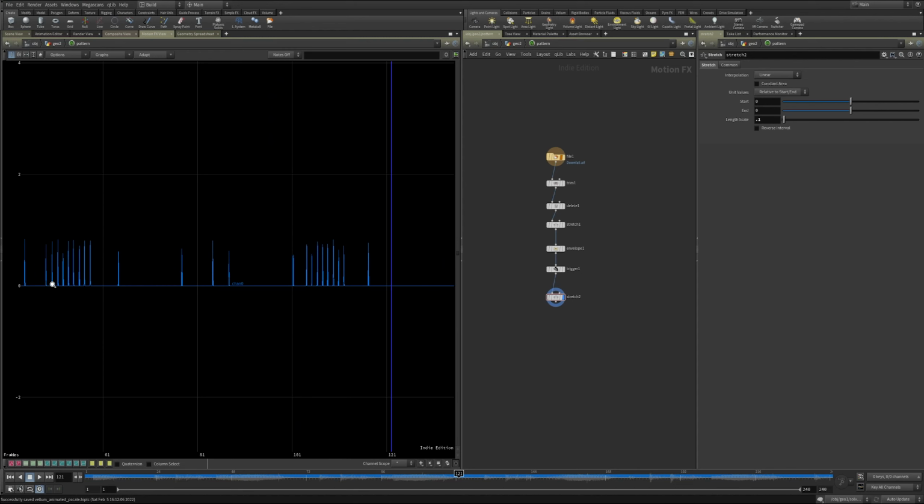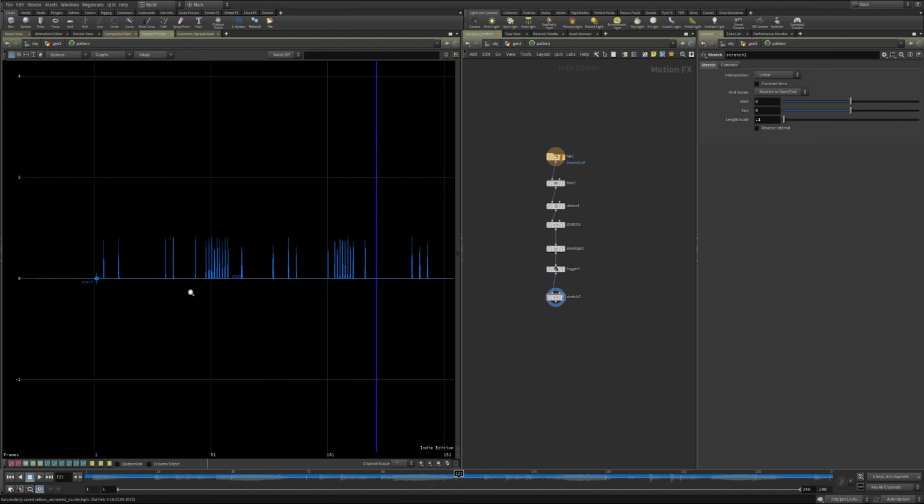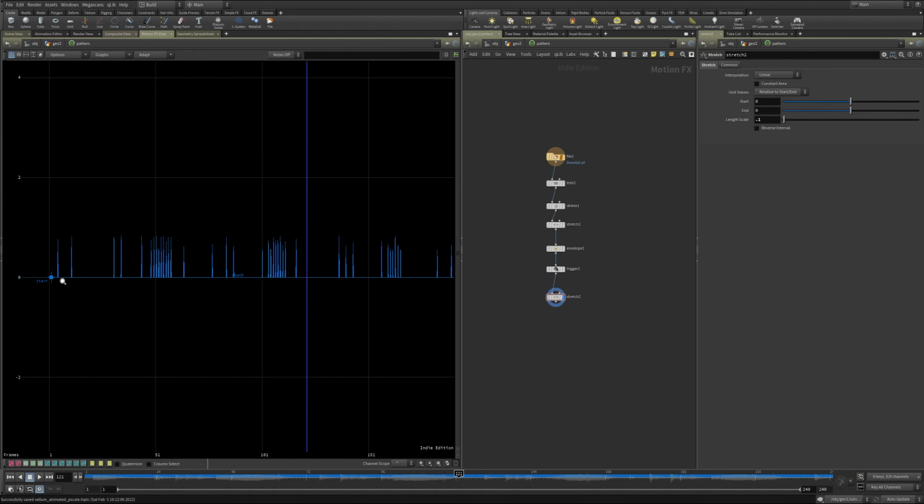We're getting the pulses, the registers of the beats, but what I'm looking for is almost like a stair step. For every time there's a beat, I want to iterate through a group of things. When the first beat happens, 0.1 blinks. When the second beat happens, 0.2 blinks, and so on and so forth.